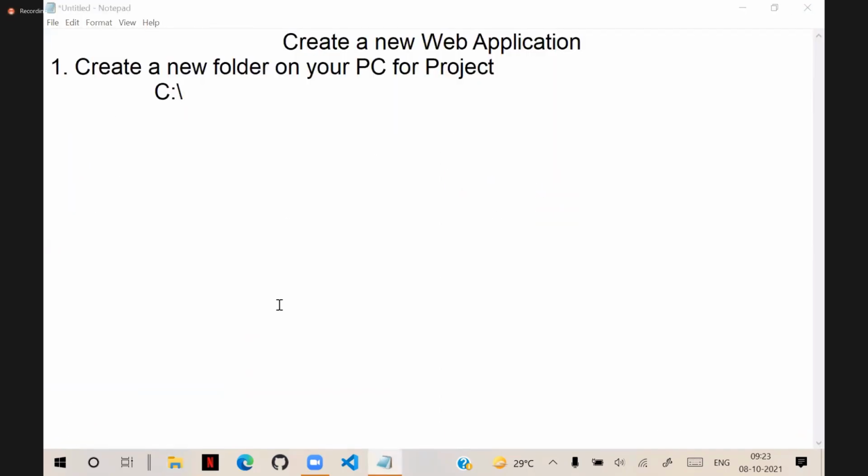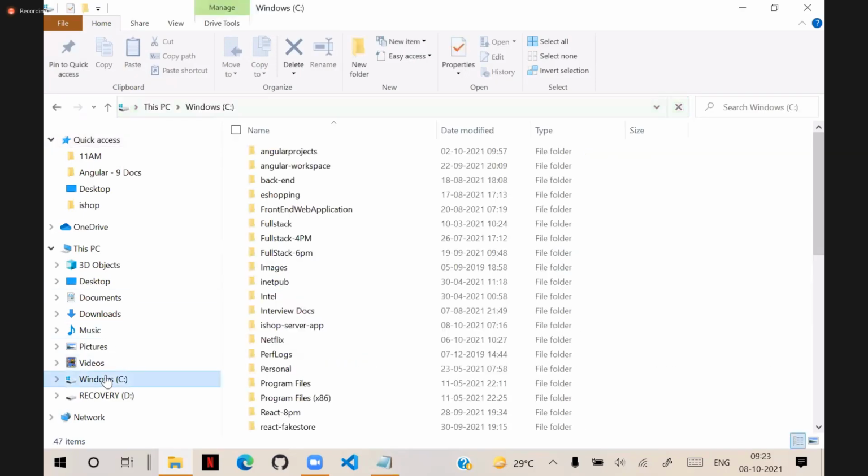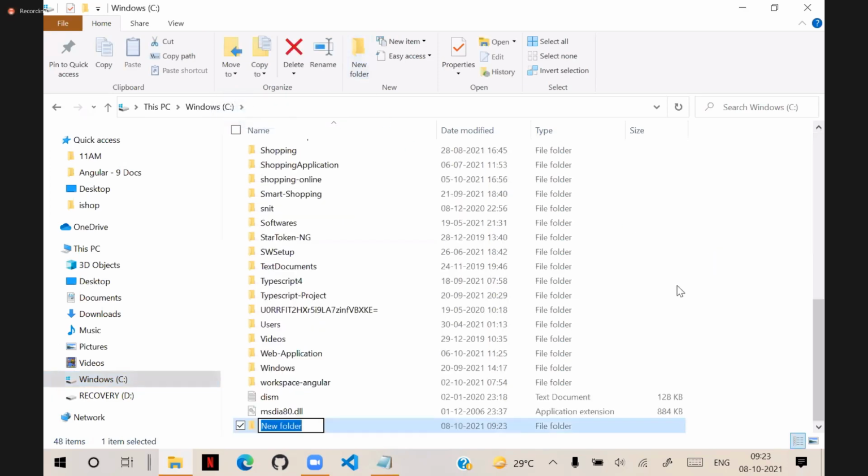Open your PC, the file explorer, and go to any drive, C drive or D drive, and create a new folder. You will find a new folder button. You click new folder and type the folder name. Any name for that folder. I am giving web development, or say web application,